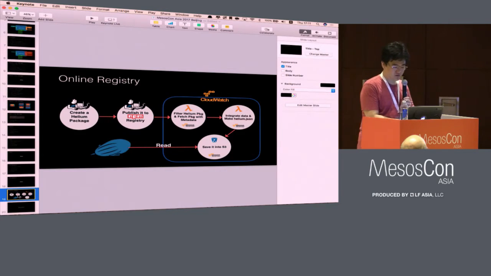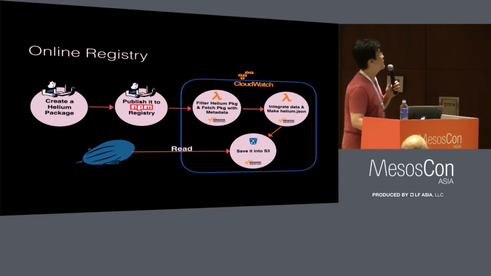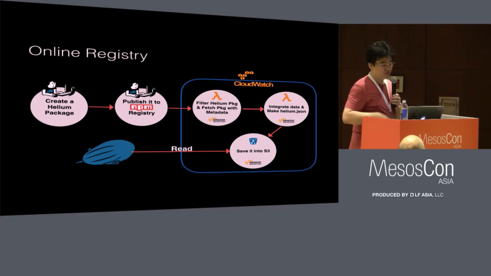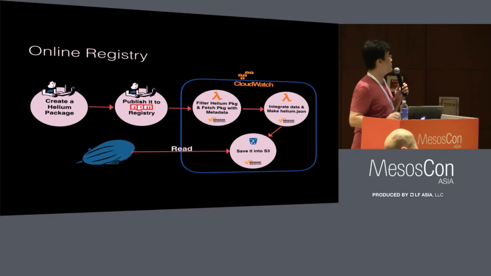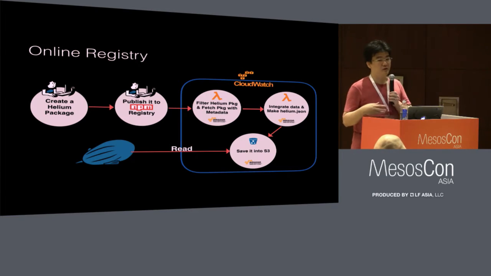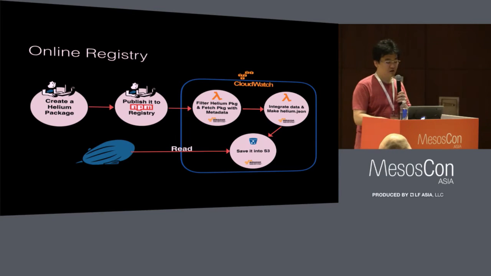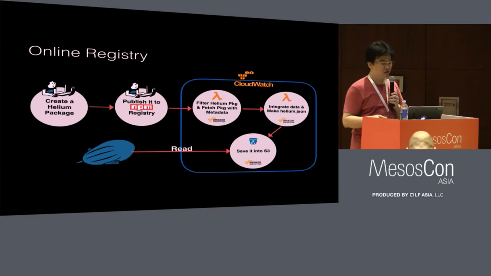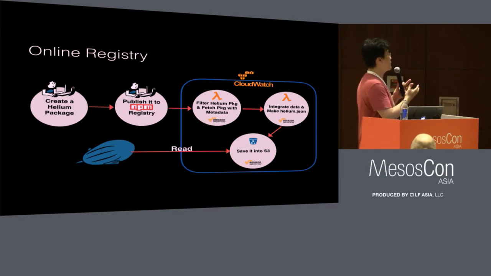Yes. This is my last slide. How does Zeppelin support the npm online registry? The first step, some user creates a Helium package and publishes it into the npm registry. That's done. And the rest, Zeppelin's CloudWatch handles all other things. CloudWatch launches every one hour, filters the Helium packages, fetches the data from the whole npm registry, integrates the data, makes helium.json, and saves